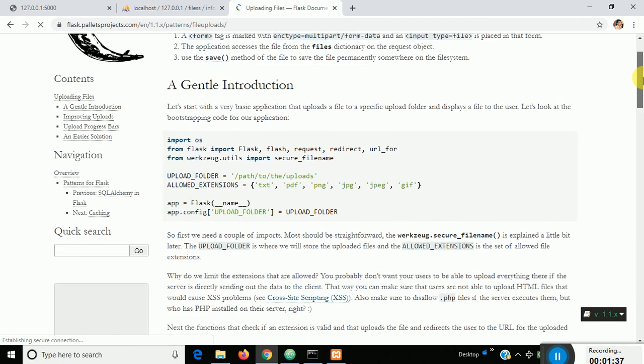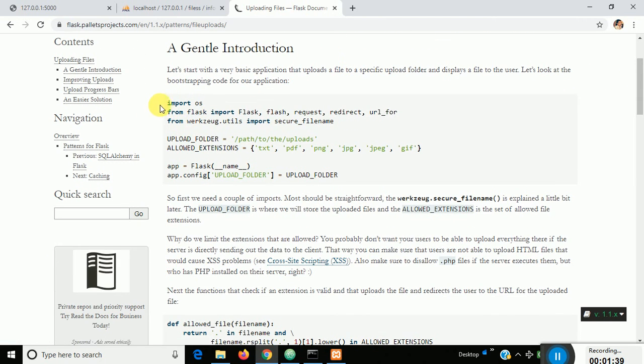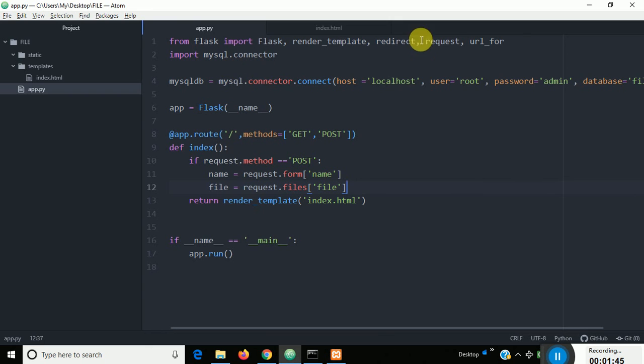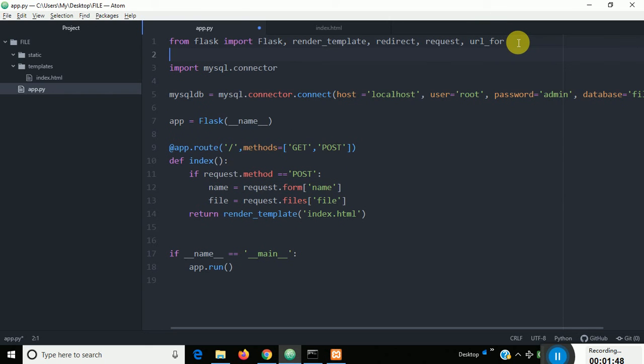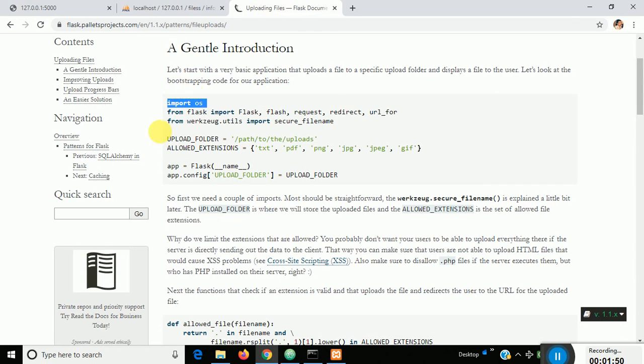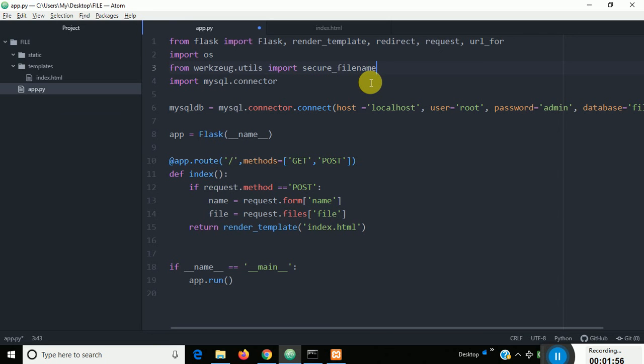Here it is already written. Just copy this import os, and paste it here. Next is for secure file name, just copy this one, paste it here, done.